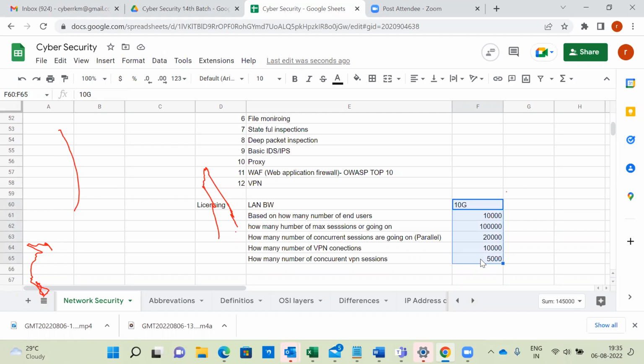Take a day-to-day practical example: if you want to purchase a laptop, your requirement is, for example, an i5 or i7 processor, a 500 GB hard disk, 8 GB RAM, and so on. So these are all the information you provide. Then we can see the model numbers from Dell, Lenovo or HP